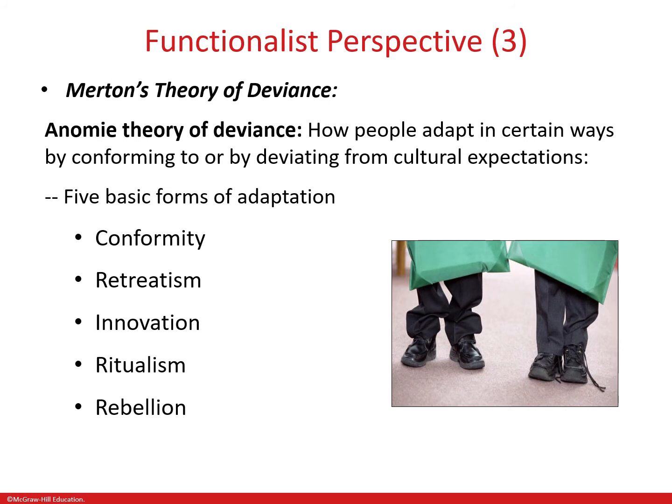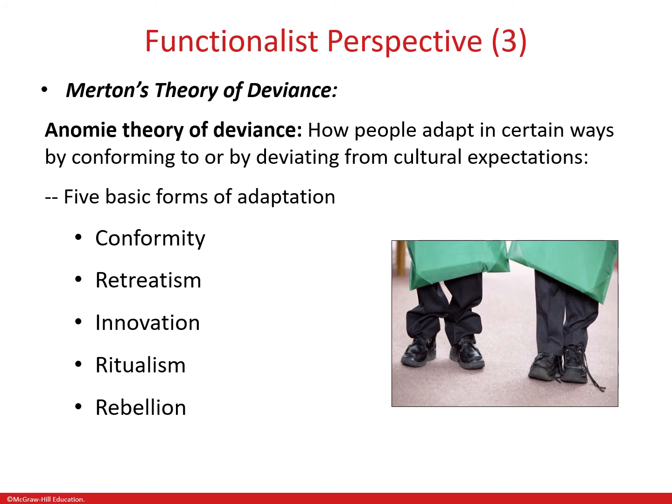Next, we have the retreatist. And the retreatist rejects both the societal goal and the means to attain them. And these people become withdrawn from society. So a drug addict, a vagrant, someone homeless, they fall into this category. In fact, I would suggest that Genie Wiley's family was retreating. The father was really withdrawing from society, and bushes were growing up. They really were not interacting with the community. They were withdrawing from the society around them.